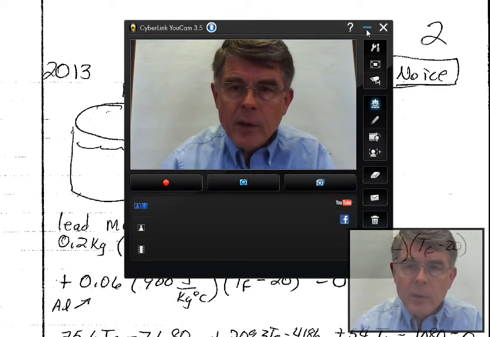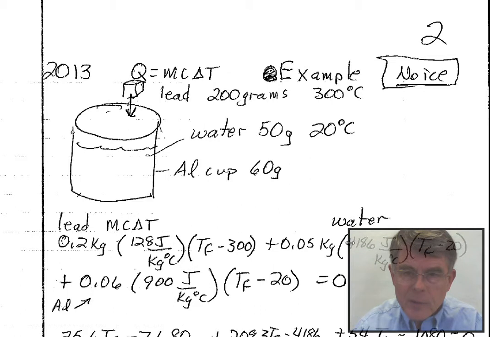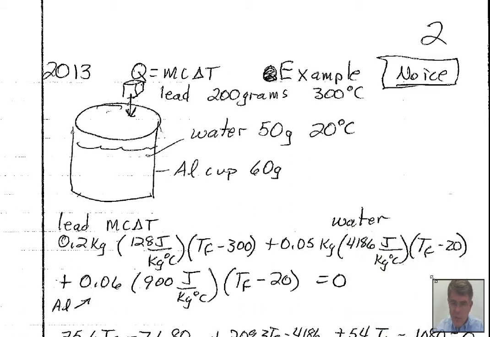This video is about calorimetry calculations where some objects give up energy and other objects receive energy, and there's a temperature change to a final equilibrium value as these objects are in thermal contact. So I start here with an aluminum cup of 60 grams, water in this cup of 50 grams at 20